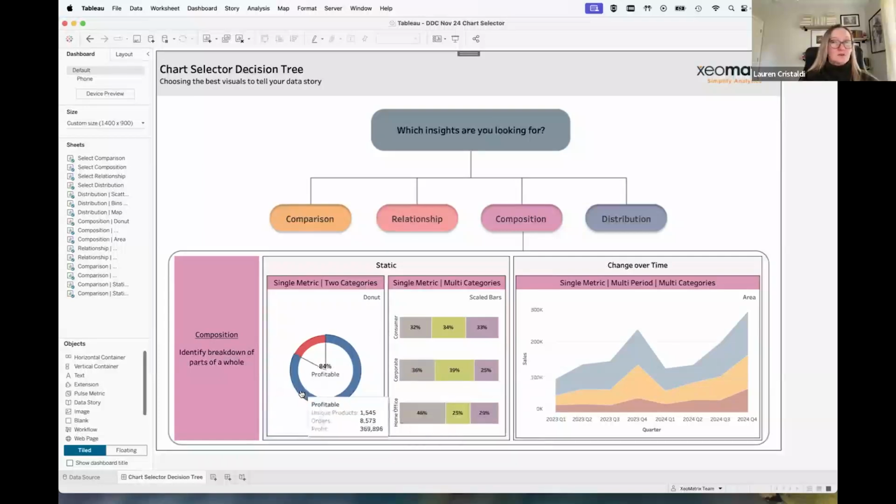And what I would call out most with the donuts, or any type of pie chart, is that you want to stick to 2 to 3 slices. Any more than that, you're starting to slice too much, and then you're taking away from a more meaningful insight into those percentages and breakdowns.